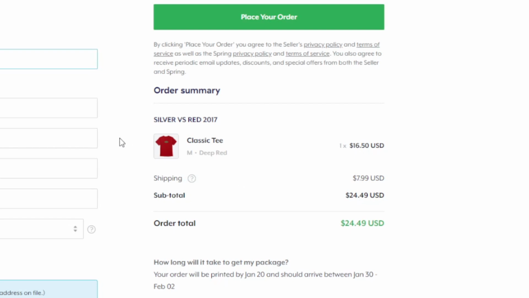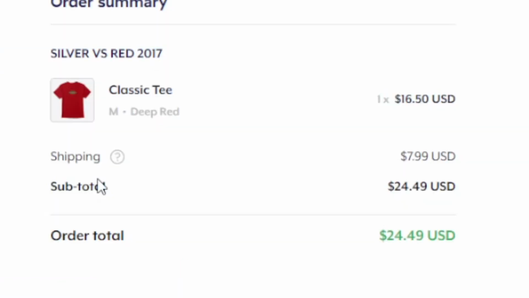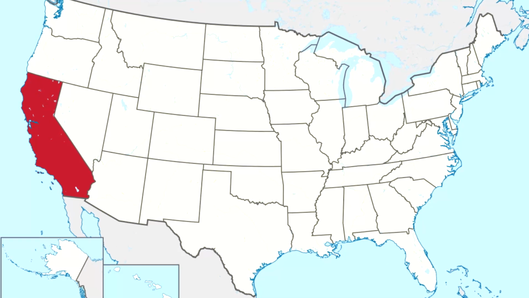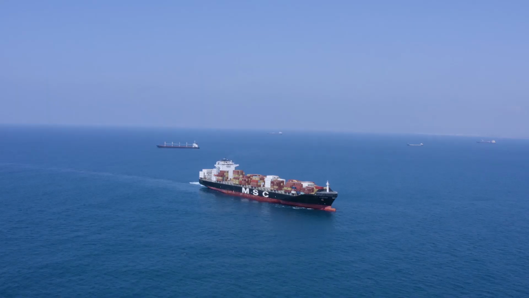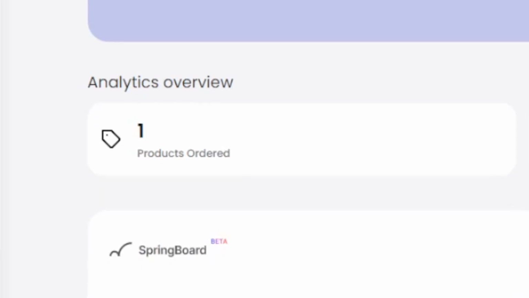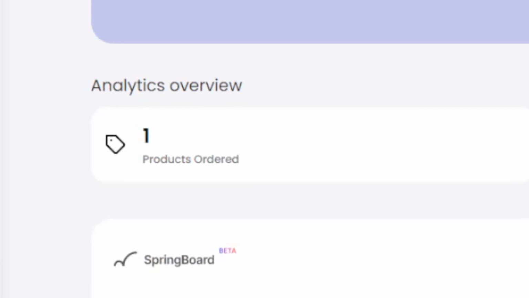In my case, it will be a bit expensive. I have to pay for the shipping because I'm not living in the US. The basement of Teespring is in California. If they need to ship the product and send it to you, you have to pay an overprice for it. Finally, I bought my sample products order 1.